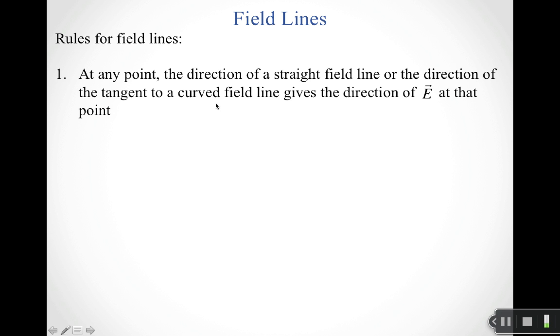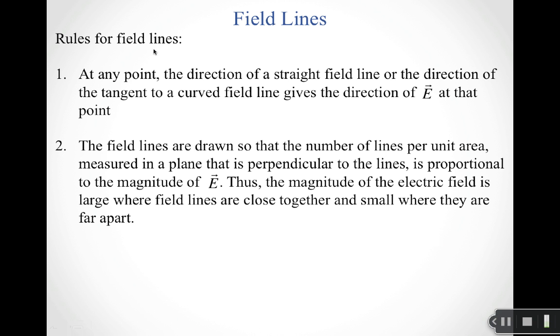One of the important things about field lines is that they will also have arrowheads the same way our vectors do, because they have to show us directions. So they can't just be lines, but they have to be lines with a direction. Two,